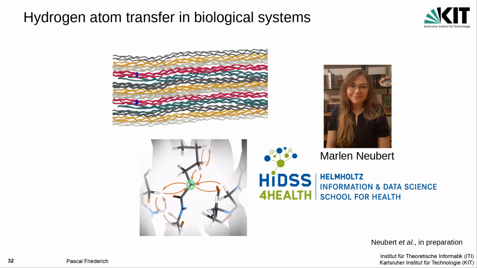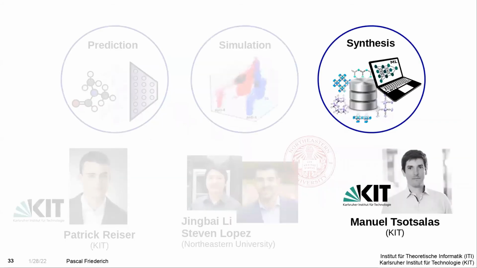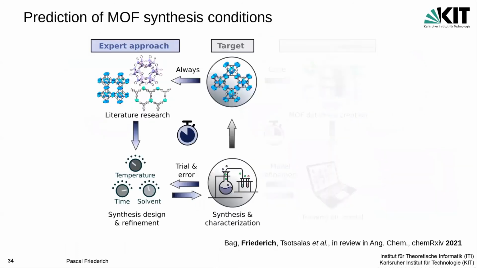But not everything can be simulated. So let's switch to the last part and look into the direct interaction between machine learning and experiment. Here we're looking, as I said, into a task where we want to predict the synthesis conditions for metal organic frameworks. So the typical task is you have a new metal organic framework that you would like to make,